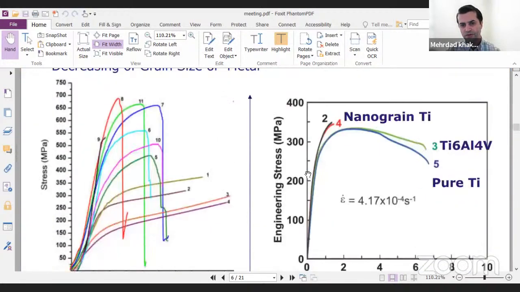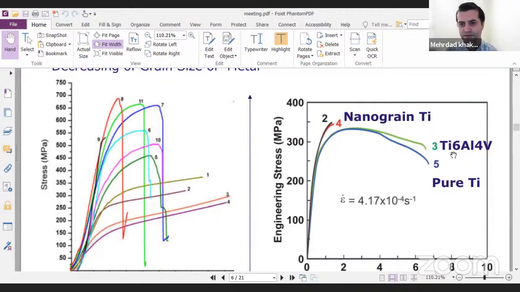grain. Also, we can see here, as we know, titanium 6 aluminum 4 vanadium is a very common metallic material for biomedical application. And we see that, for example, by decreasing the grain size from pure titanium to nanograin, the mechanical properties increase. So we can't use pure titanium because of its low mechanical properties. So we have to use titanium 6 aluminum 4 vanadium for commercial purposes. So by decreasing the nanosize of the grain, we can replace titanium 6 aluminum 4 vanadium